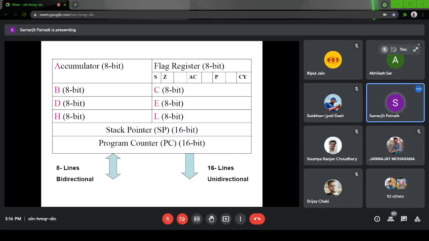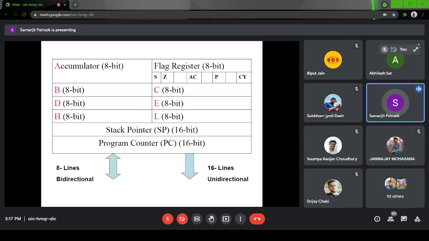Okay, so this slide is important for your programming. Before that, whatever slides are there, you can just have a look at them, but this one is really important. Any question on this slide or any part you do not understand? We can discuss this slide a little bit longer.